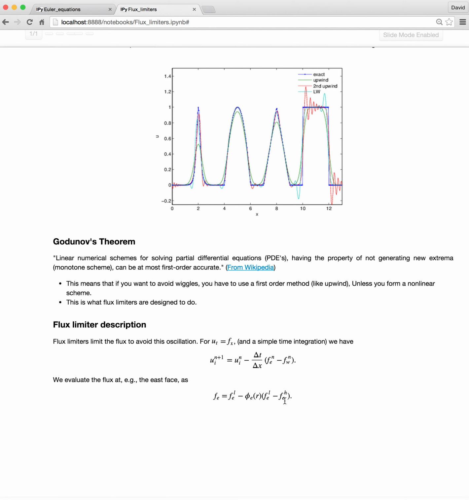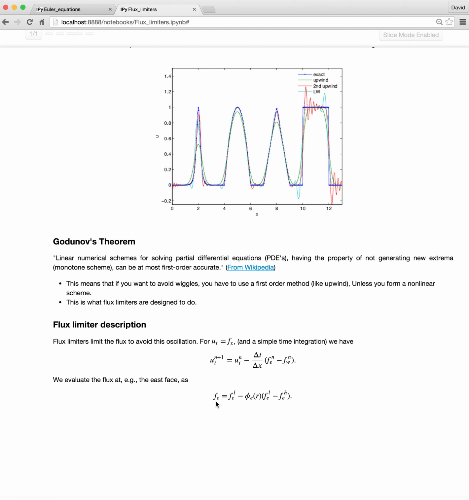So it's just a combination, and then we have this function phi of r, which is a number that basically does some kind of an interpolation between the low order flux and the high order flux in order to find the actual flux that we're going to use